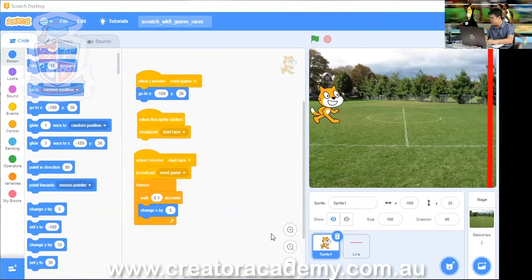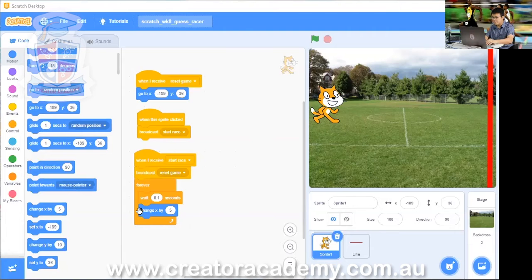After we have moved our step by 5, we need to make sure that we stop the race once we reach the end, okay? Once we reach the end, we need to be able to stop the race and make sure that we don't run anymore. So this is what we're going to do.